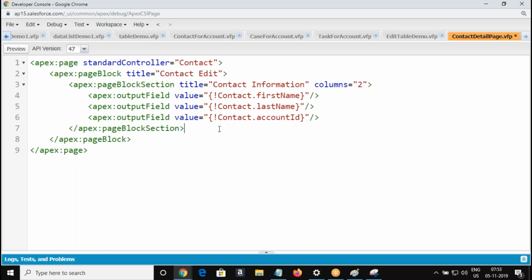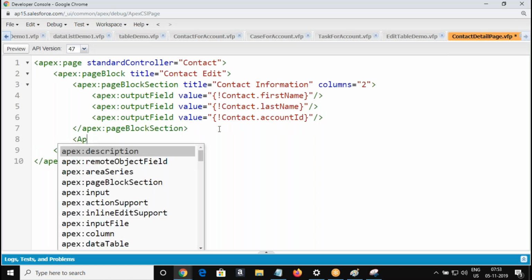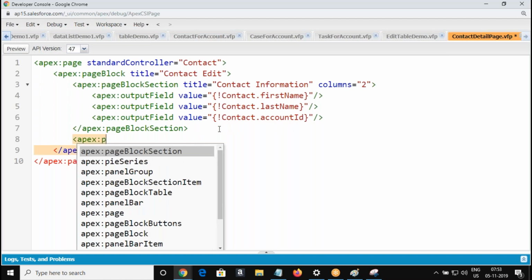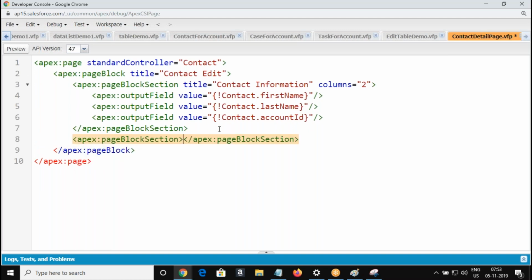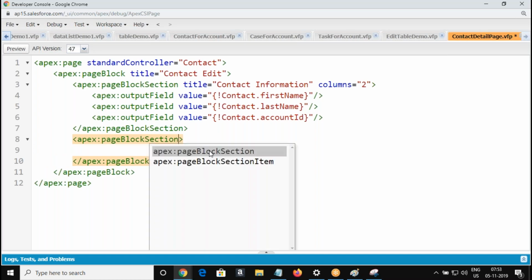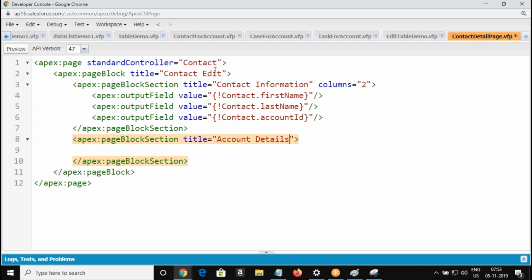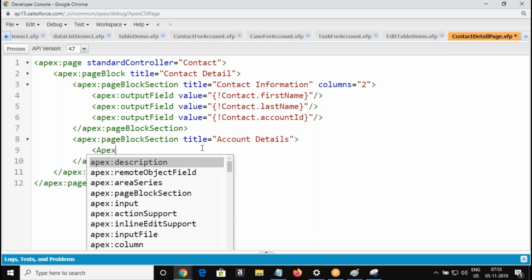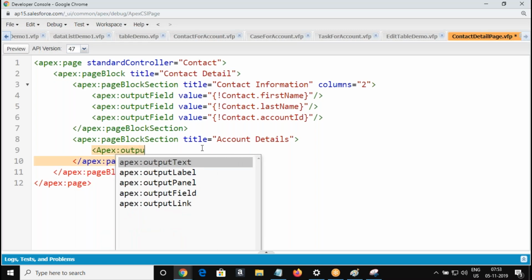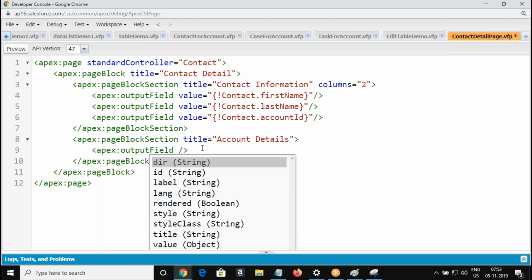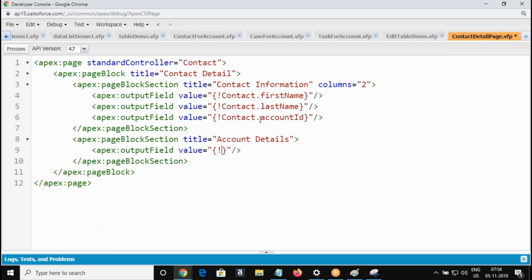I'm going to add one more section here. Account details, contact detail, output field. I'm going to bring the account industry, right?